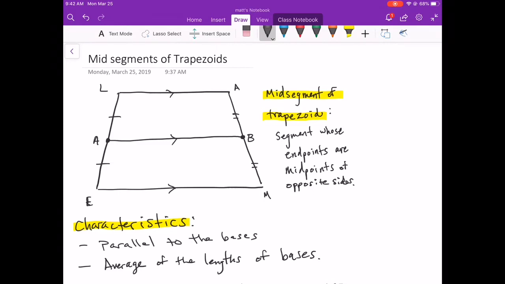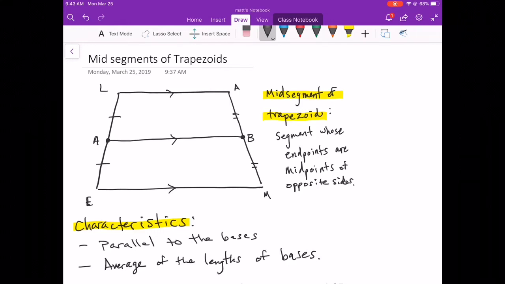LA and EM. But then one more piece of information about the length. The length of AB is not the same as LA and not the same as EM. Remember, this is not a parallelogram. But something neat that does happen is that it's the average of the two bases. So you would take the average of the lengths between LA and EM, and that would be the length of AB. So average, find their sum, divide by 2, and that's what we're going to do to find the length